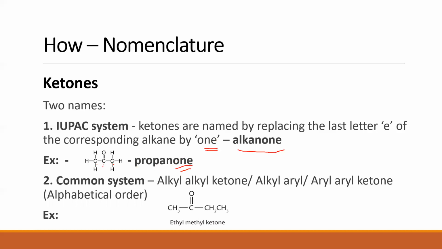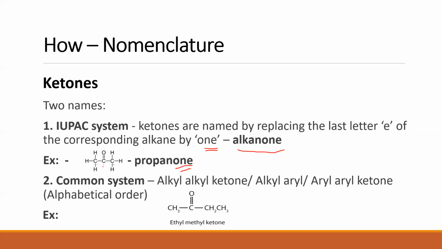The common name of this compound, this is something that you know as well. Propanone is called as acetone. What is propanone? Acetone. Where do we use acetone? All you girls who are listening to this lecture, yes, acetone is nothing but your nail polish remover. You put on your nail polish, you head back to college. If they do not allow you to wear a nail polish, the first thing that you do, you keep your nail polish remover in your bag. On your way to college, you just remove your nail polish that's there.